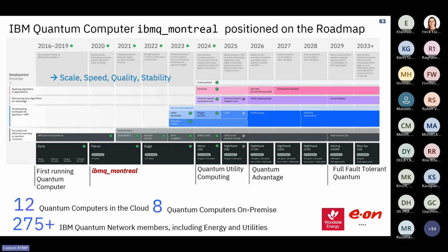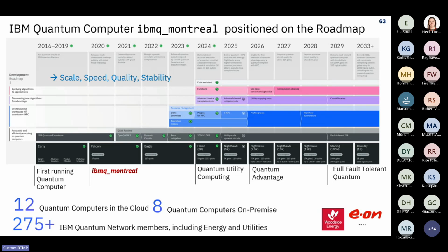As you might have heard and as already referred to by Jose, in 2029 we will have fully fault-tolerant quantum computers with full error correction, with 200 qubits that are perfect qubits with 100 million gates. Does it mean that we have to wait for such a long time to do quantum? No, you can already start today, because we expect quantum advantage already next year. So not quantum supremacy, already addressed in one of the questions, but quantum advantage, meaning that the combination of quantum and classical will do a better job than classical only. What is a better job? Meaning your result is more accurate or you get it faster.